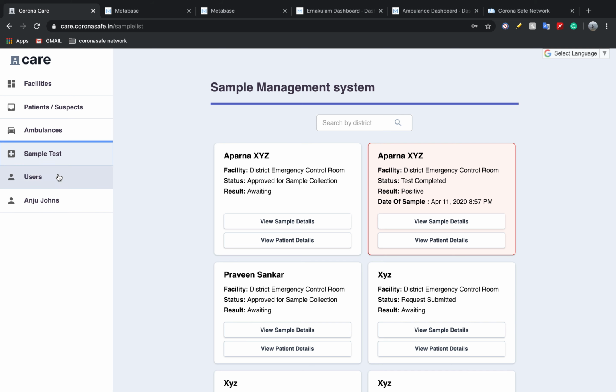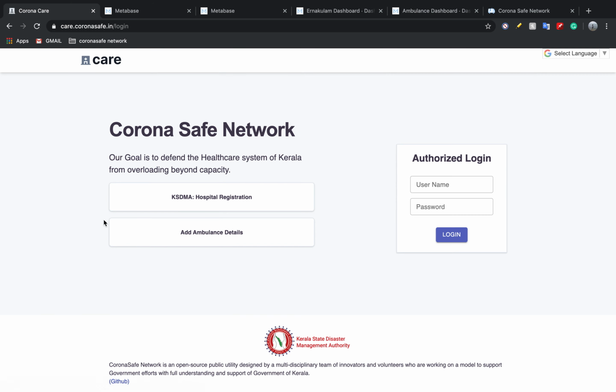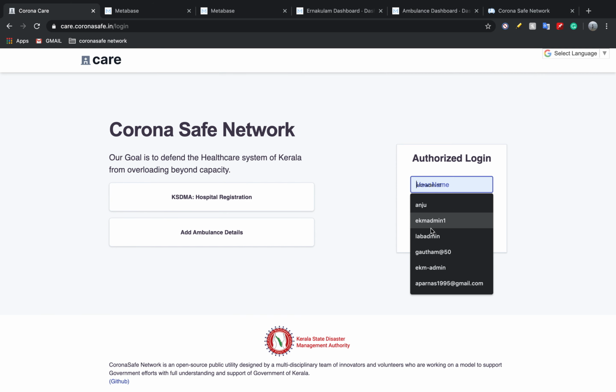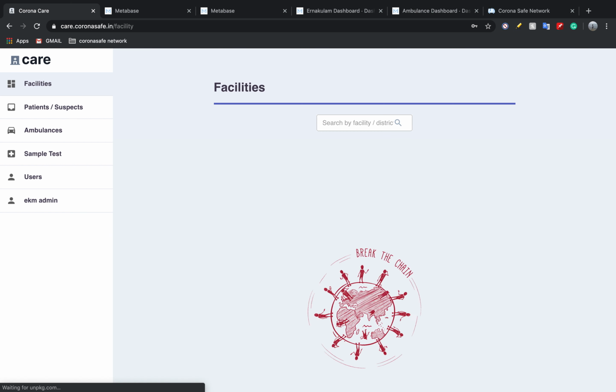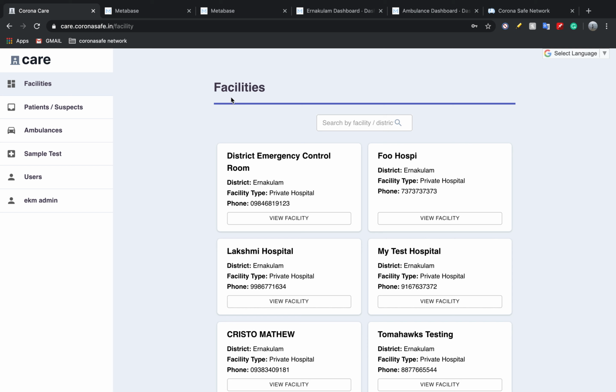Now, these are the basic dashboards that the hospital can see. This is the basic interface that the hospital administrators will be seeing. This is how a district administrator is going to view. I'm logged in as the district administrator.